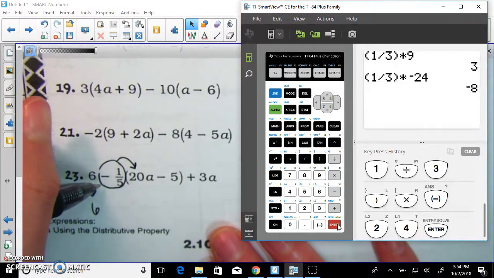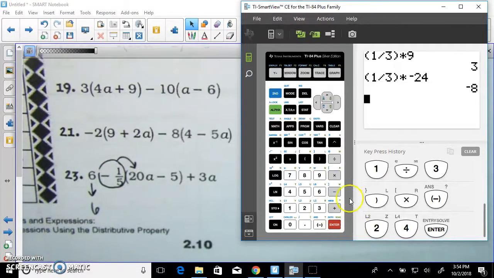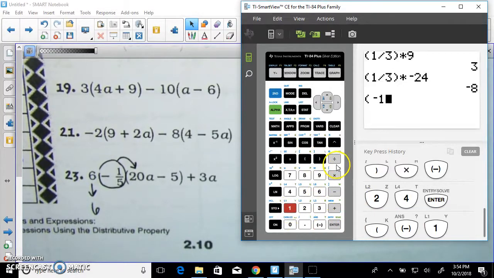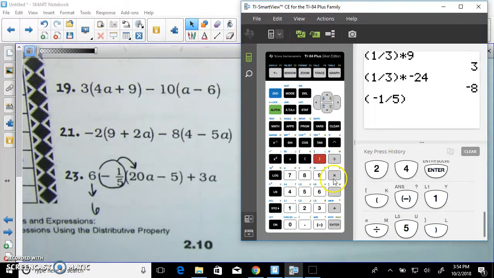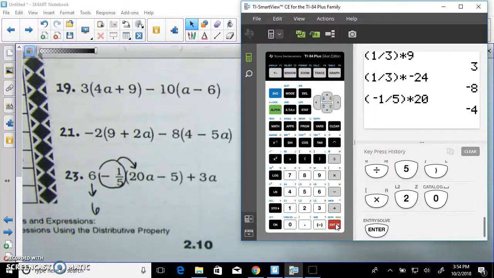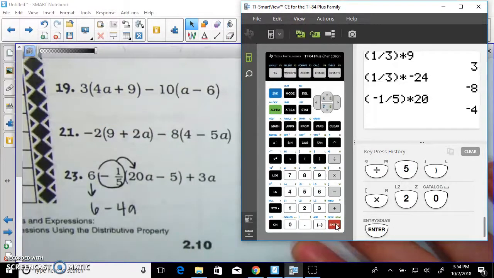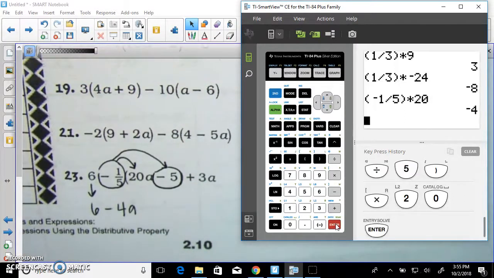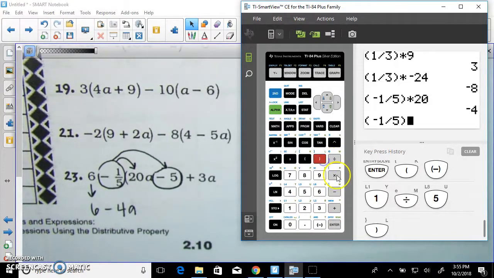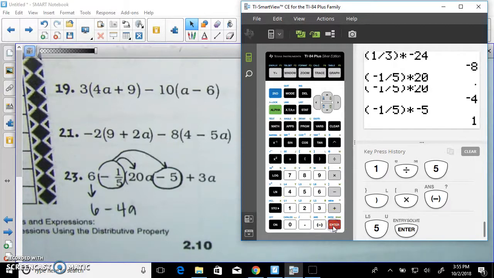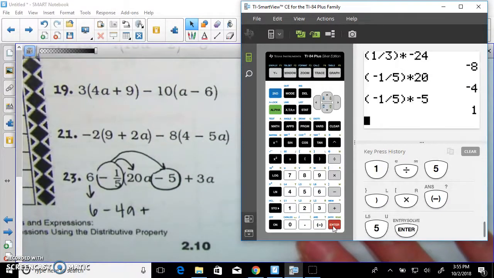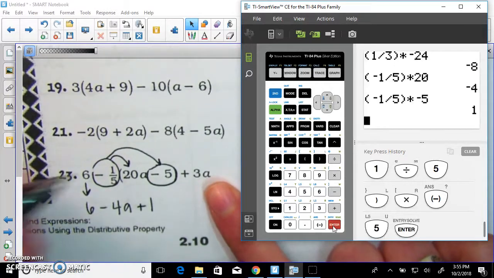And we're going to multiply -1/5 times 20. Let's do that in our calculator. -1 divided by 5 times 20, which we're also going to find is the same thing as 20 divided by -5, or -4a. Then we have negative 1/5 times negative 5. So if we do negative 1/5 times negative 5, this is also like saying negative 5 divided by negative 5, which leaves us with a positive 1. The plus 3a comes down,